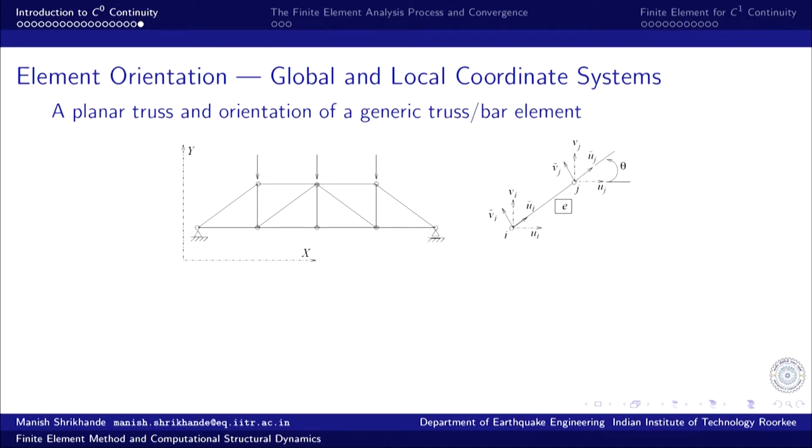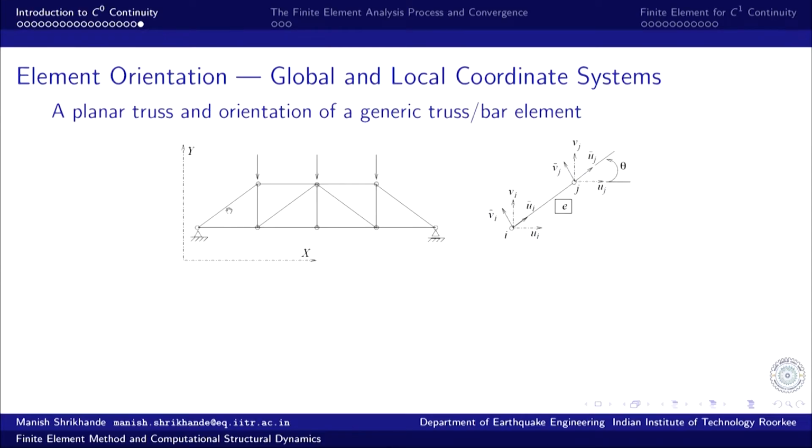For example, a simple truss bridge. This planar truss comprises several bar elements which are interconnected through hinged connections, and they together support the transverse load. These kinds of structures are very common in trussed bridges. I mean, you might have seen several such trussed bridges during your travels on Indian railways. So the point is these different elements. This is one element, this is another element, this is another element.